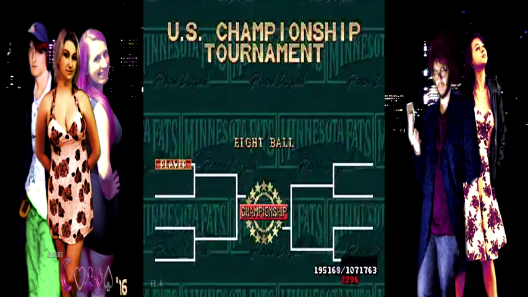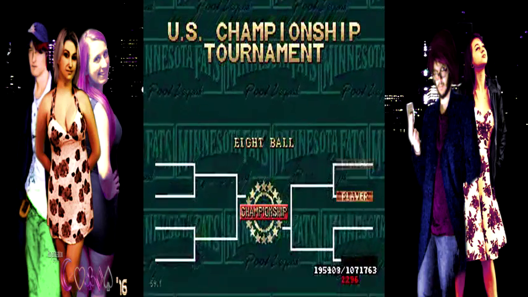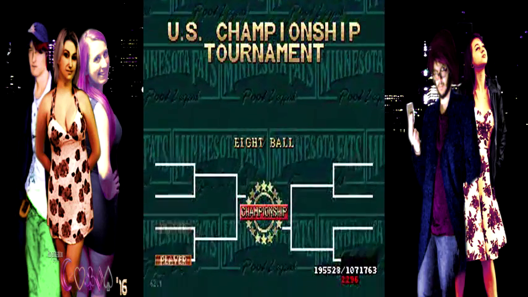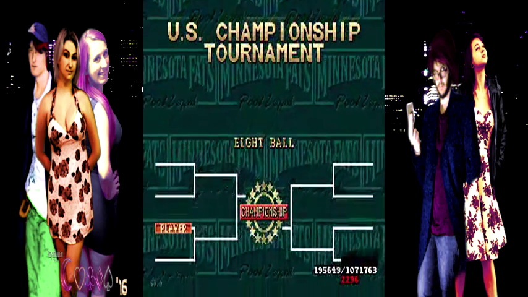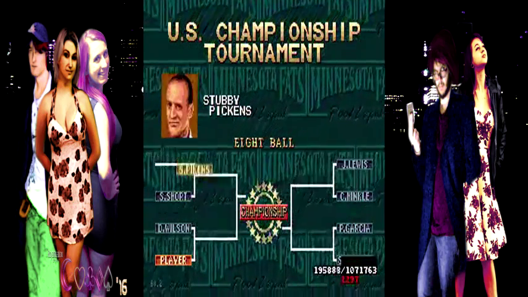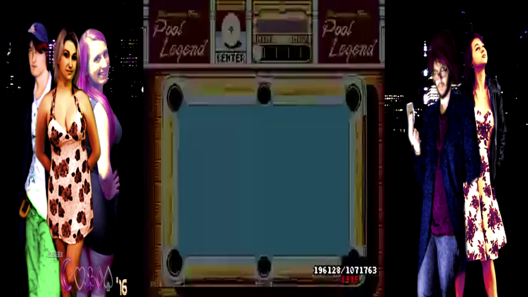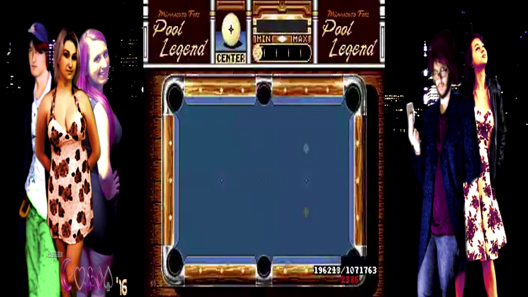But in the Saturn version, and I'm just going to spoil this now, you have to play straight pool. That is the only reason why I have strong distaste for straight pool. 14.1 continuous in this game. So, you're going to be seeing that after the fact. But nope, we're going to be taking on Dixie, who, dang, I still forget her name in the Saturn version. She has a totally different name. It's...